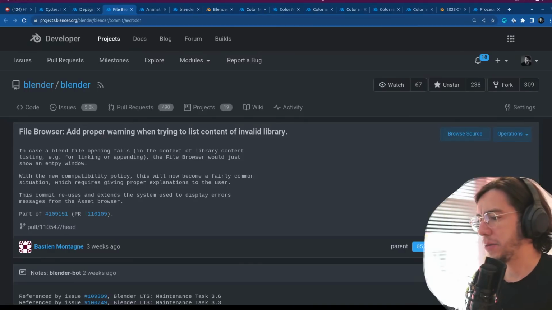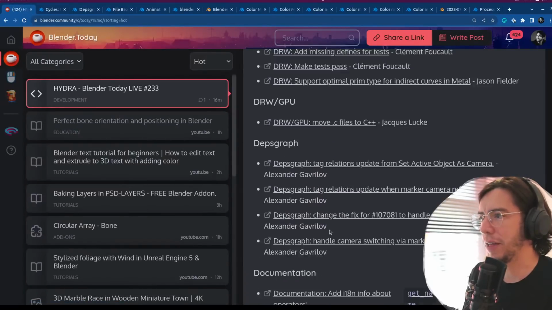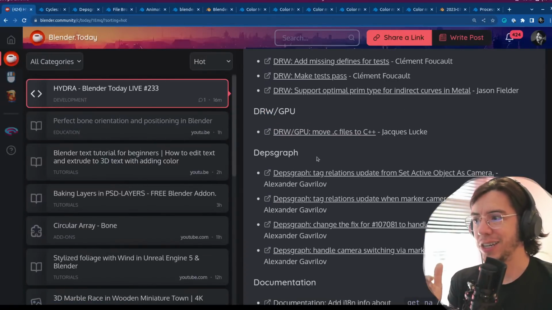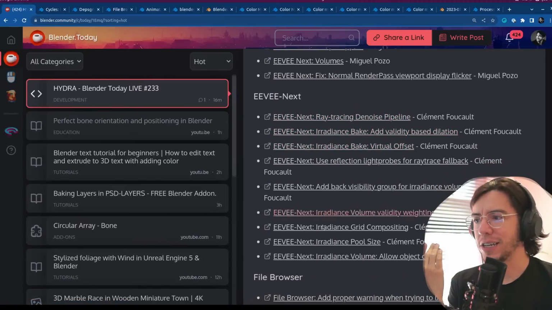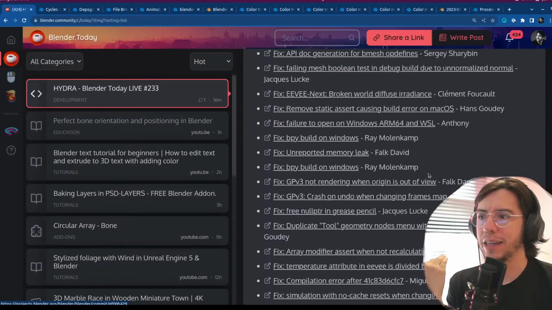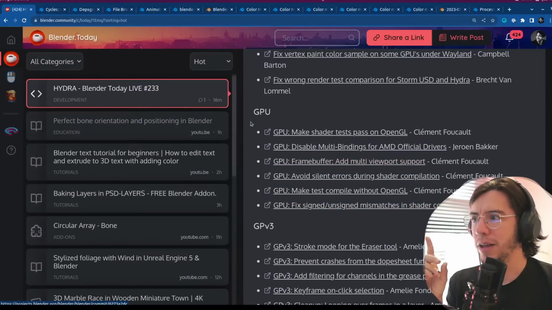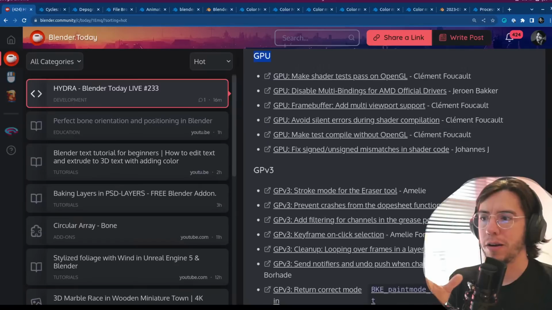The next change: there were also improvements in the GPU side of things. So DNA improvements, the draw engine and the depth graph, more in the depth graph. Eevee Next actually had many more changes and fixes, it's over 100, so it's impossible to cover all of them. Then GPU, many commits in the GPU, which I'm not gonna mention one by one, but I just